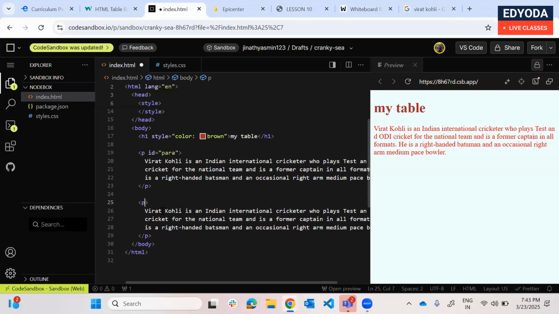The same ID selector cannot be written again and again. If I want to add a